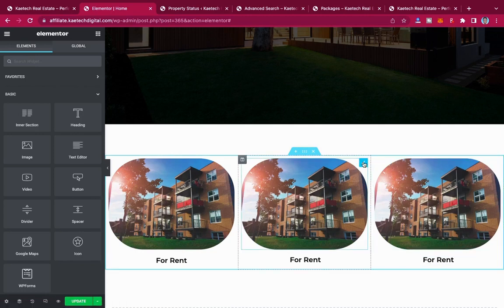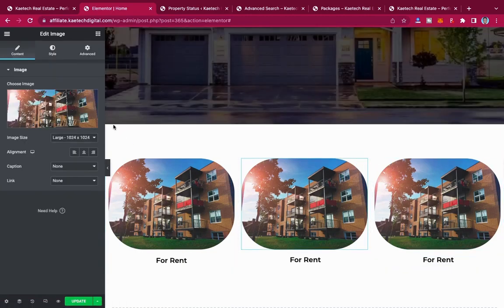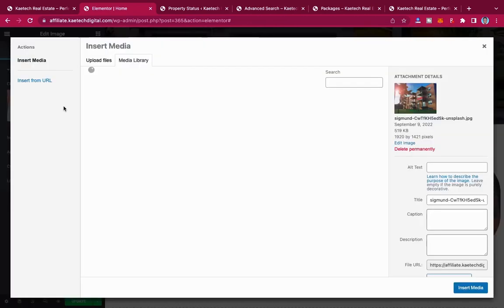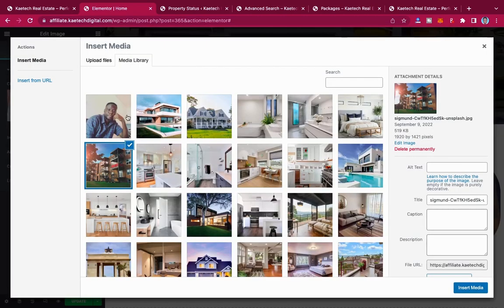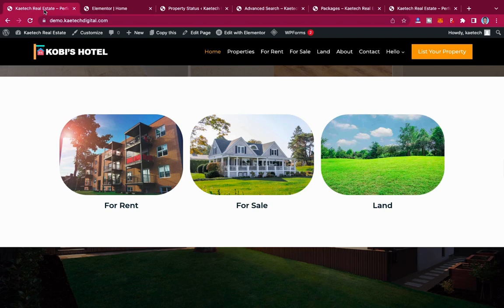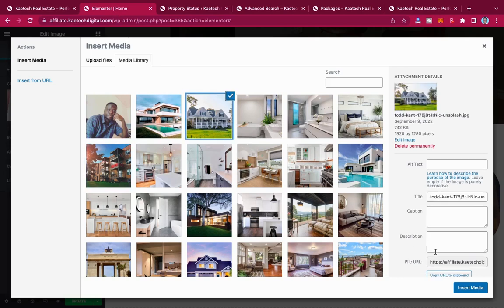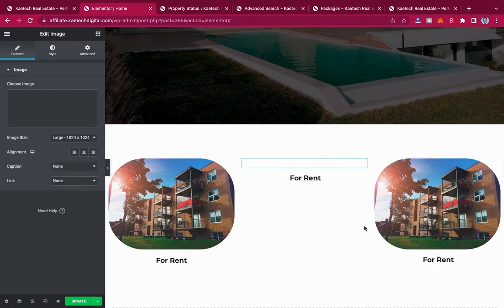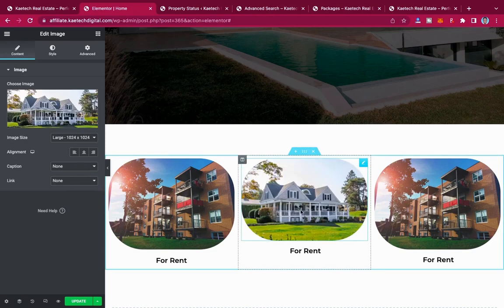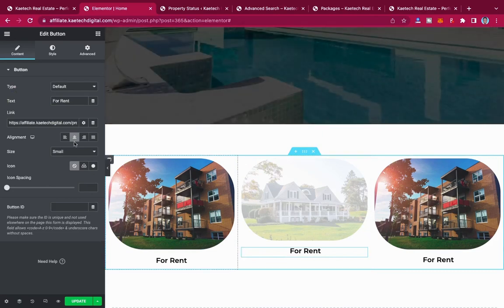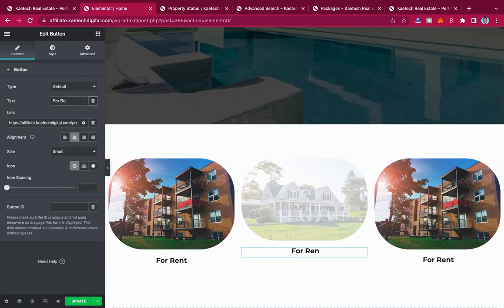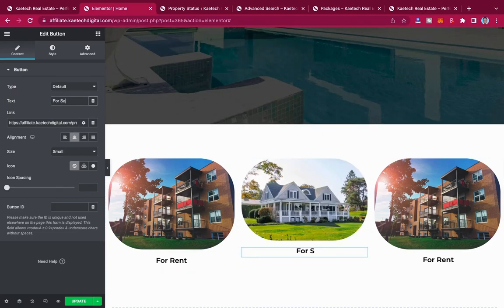Now we can click over here and then change the image over here. So this one is, let me see, this one is for sale, and then we have the land. Okay, so we have this one over here which is for sale. This one is for sale. So we can change this one, come over here and write for sale for it, and